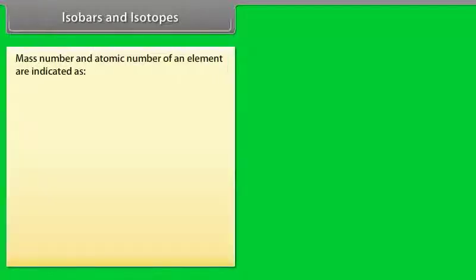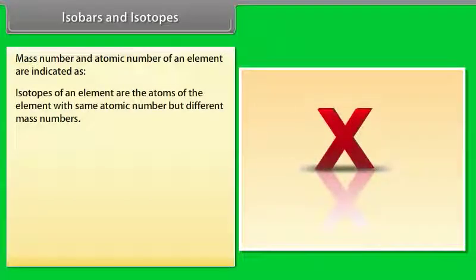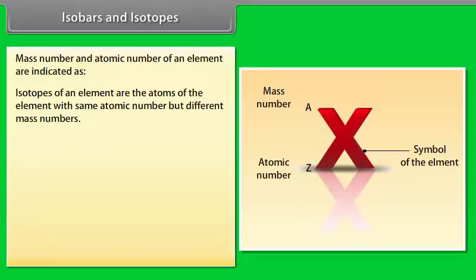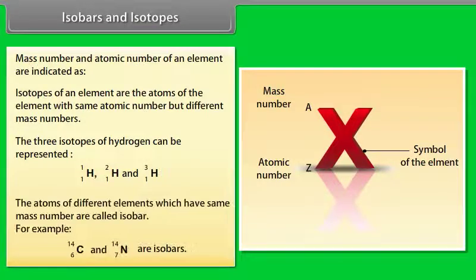Isobars and isotopes. The mass number and atomic number of an element are indicated alongside its symbol. Isotopes of an element are the atoms of the element with the same atomic number but different mass numbers. The three isotopes of hydrogen can be represented. The atoms of different elements which have the same mass number are called isobars. For example,